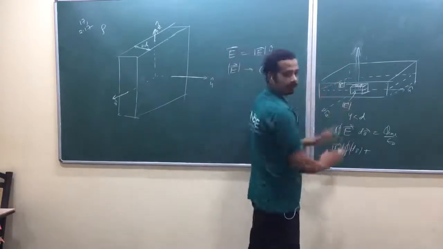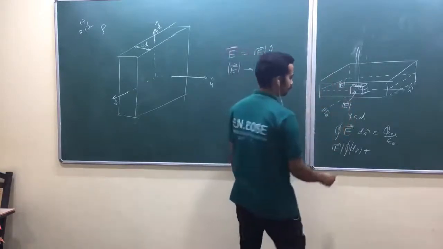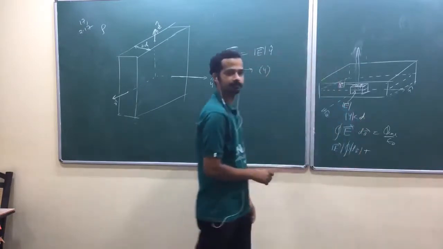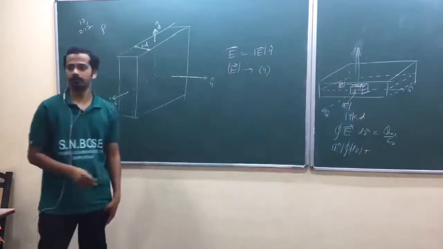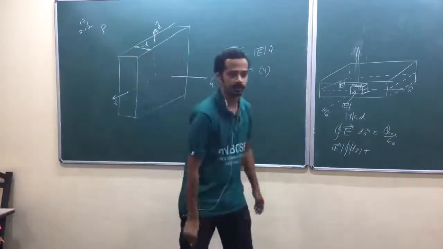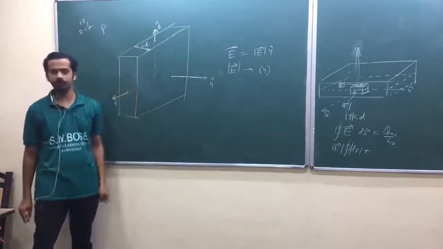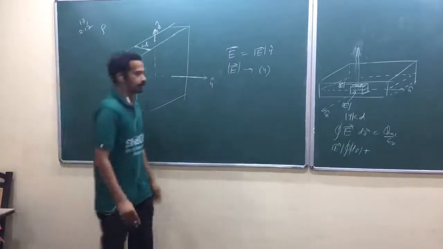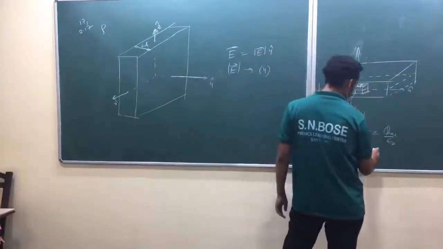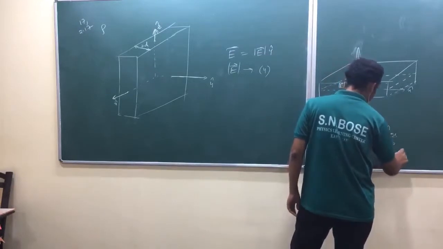But now I'm taking inside the slab. Y is less than D, or you'd better say mod Y is less than D. What do you mean by that? Mod Y less than D means Y between minus D and plus D. So along the Y axis your slab runs from minus D to plus D. So just check it out. That's why the below surface also contributes. So again you will get mod of electric field times dA vector.